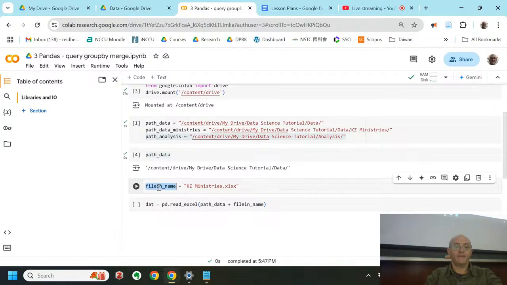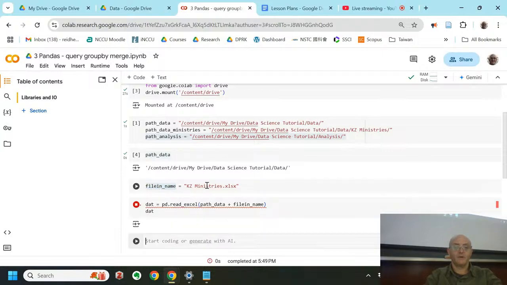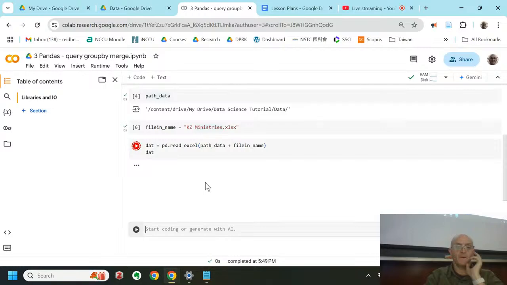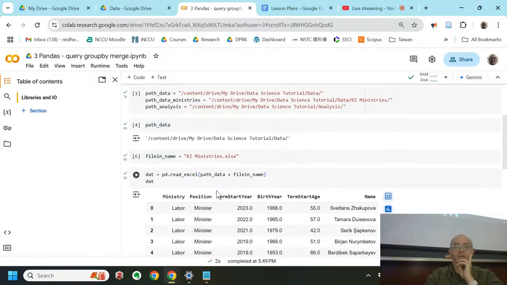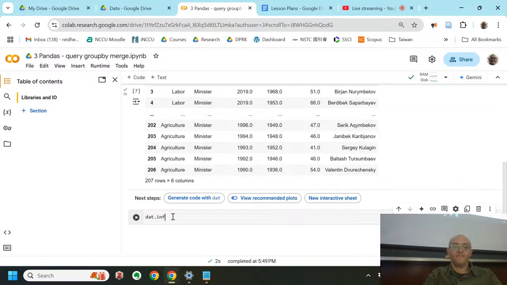So here's the file name, and then I'm going to read that in. Okay, so there's the data. There's our clean data, which we created. But look at this. If I do dat.info,